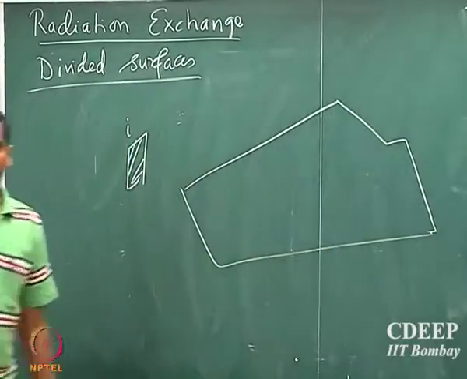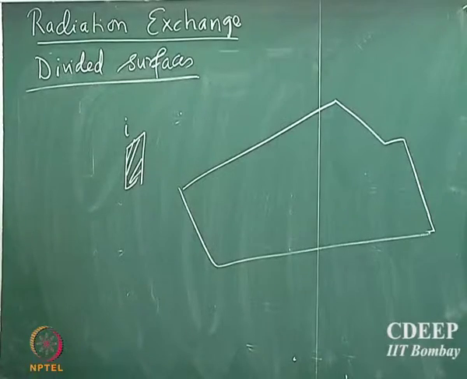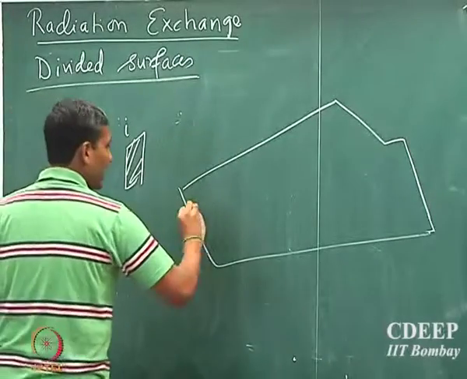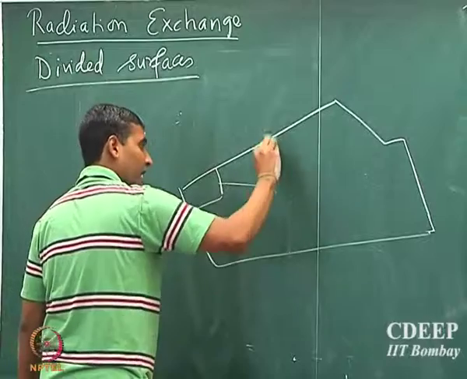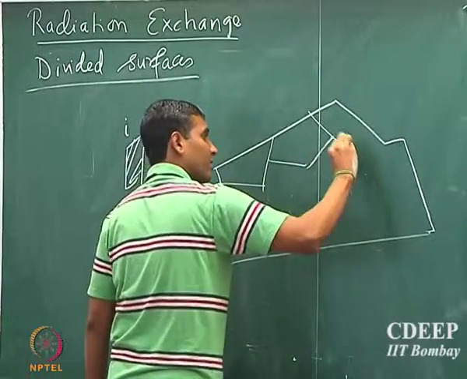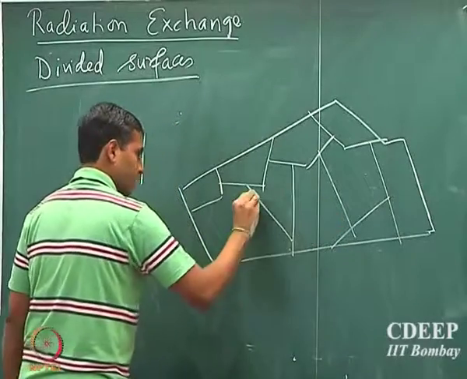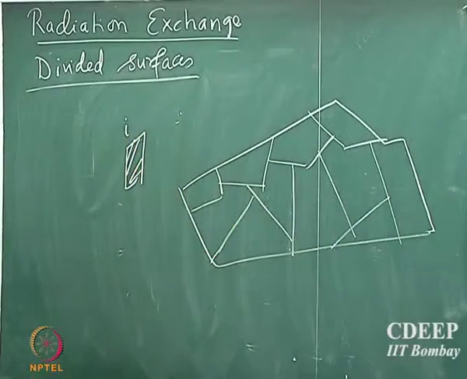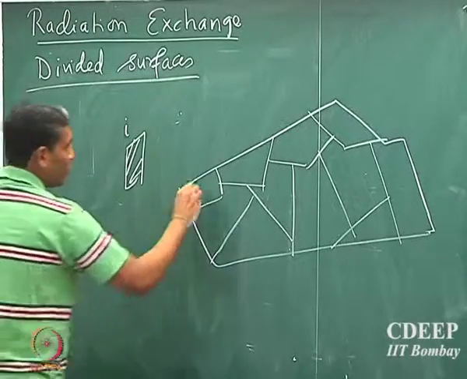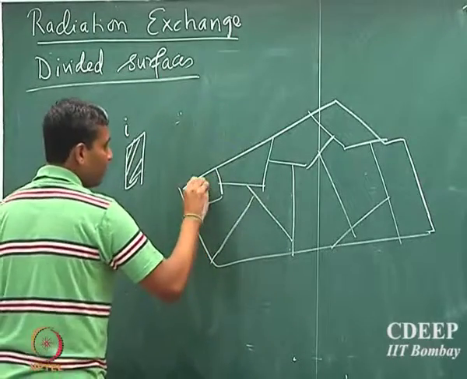In principle, without loss of generality, we could assume that different parts of the surface are actually having different properties, whatever way by which you achieve them, and so you want to now calculate the view factors